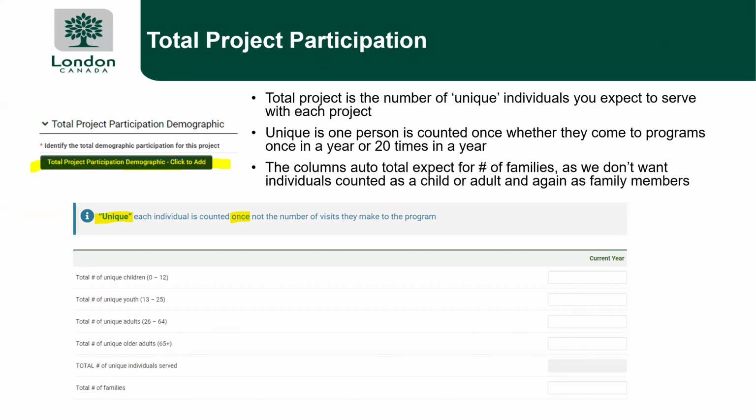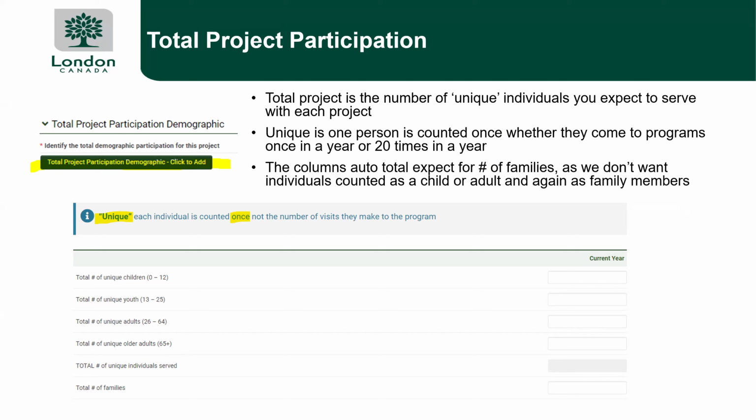The next button that you'll open up is the total project participation demographic. So this is a bit of a goal on how many people you think you're going to serve with 12 months of funding. You'll see that each item says number of unique.